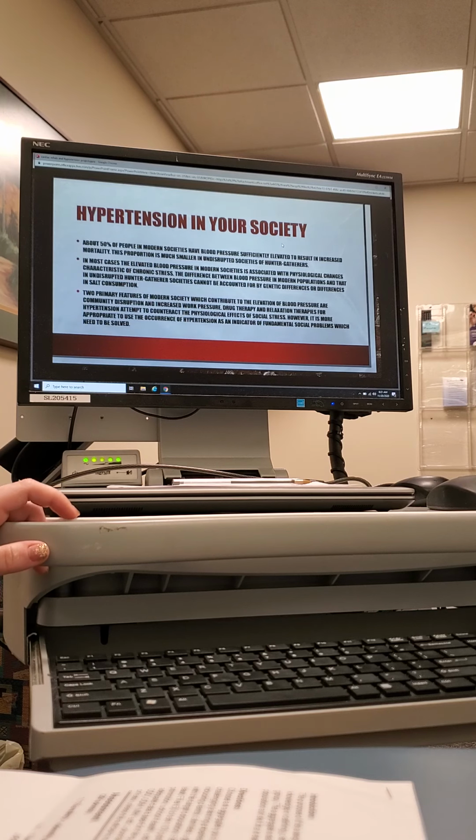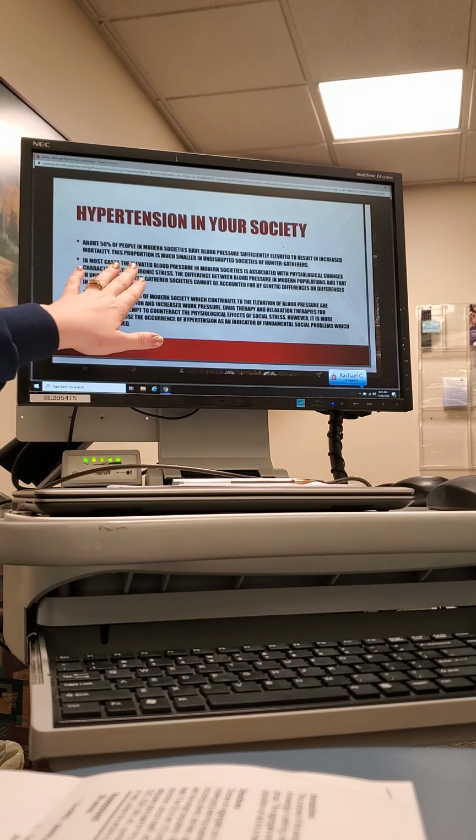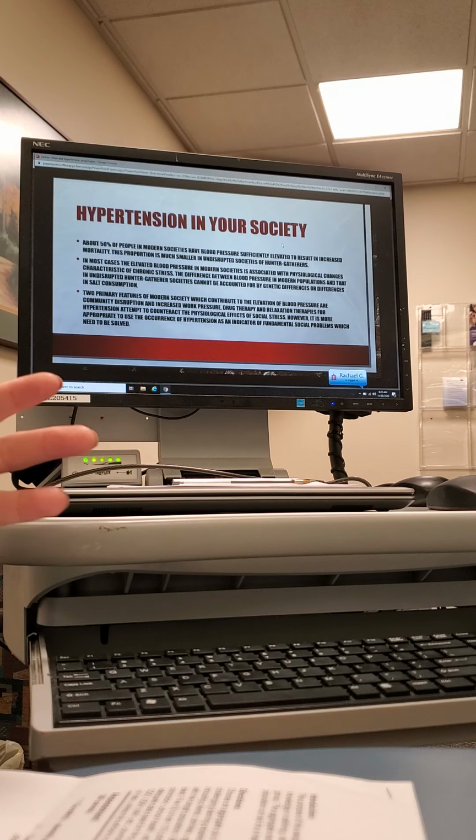Hypertension can be genetic. It can be hereditary. Now, I'm not saying that hunter-gatherers can't have it, because they can. They are less likely because of their diet. Have you heard of the paleo diet? That is what a lot of their diet consists of, that and vegan and vegetarian, all of those diets have been proven to be whole foods. So a lot less salt, a lot less fat, a lot less cholesterol in those.